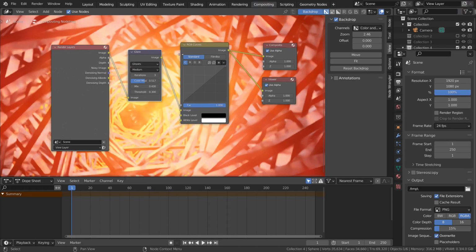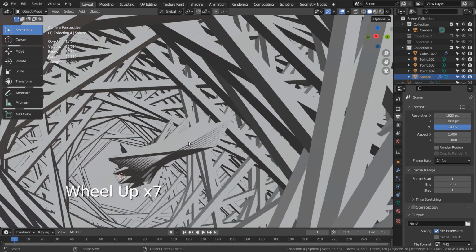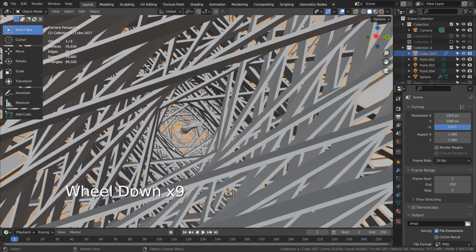I see some objects in the center of the image. I'll leave them for now, but if you like, please remove them in edit mode.